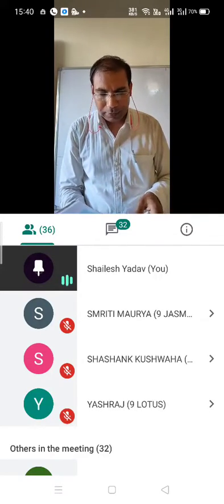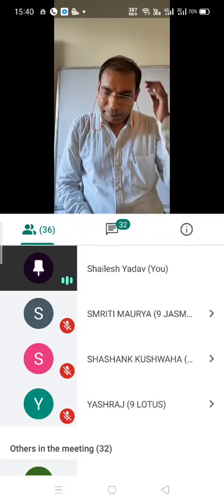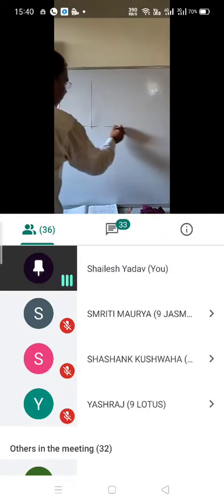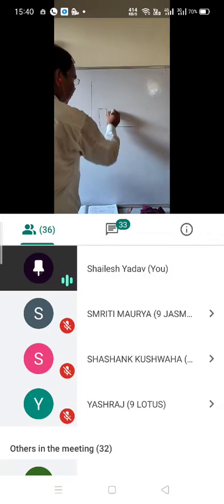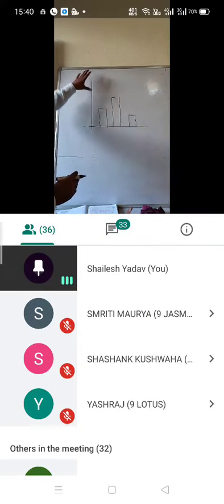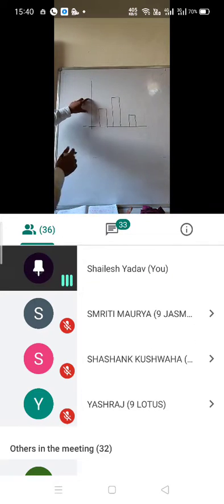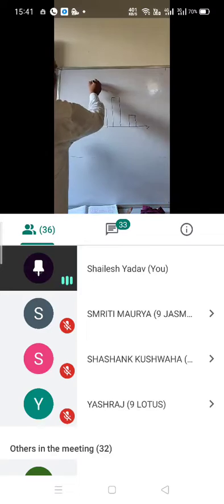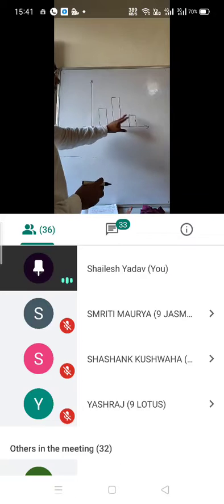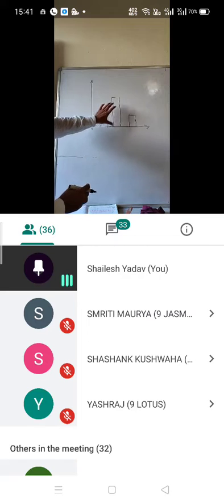So students, all of you represented the given values in a bar graph in class 8 also. If you represent any value in a bar graph, it will be like this. Here is the y-axis, and here is the x-axis. You take both axes, and after that you represent certain values, and the height of each bar depends on the value. If its height is less than this, it means its value is less than this.